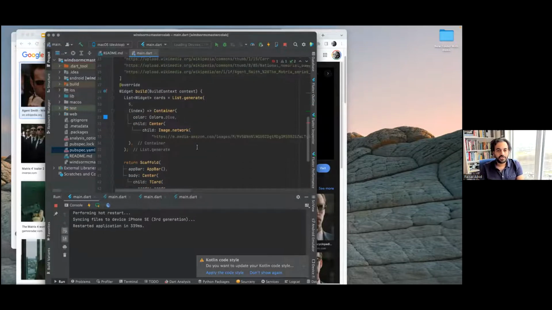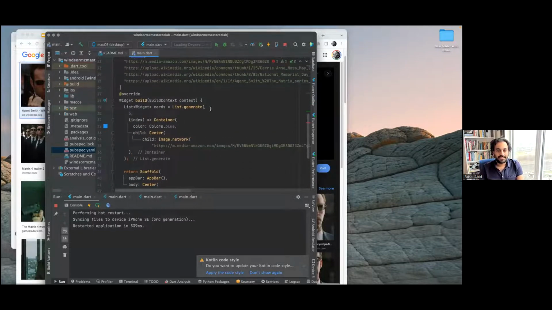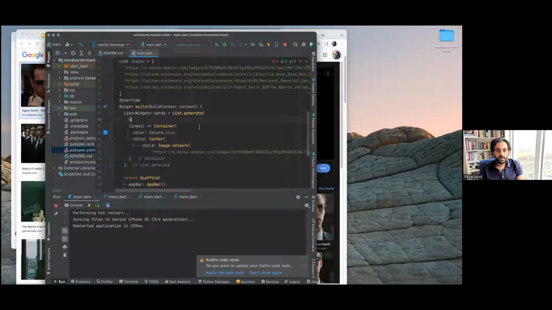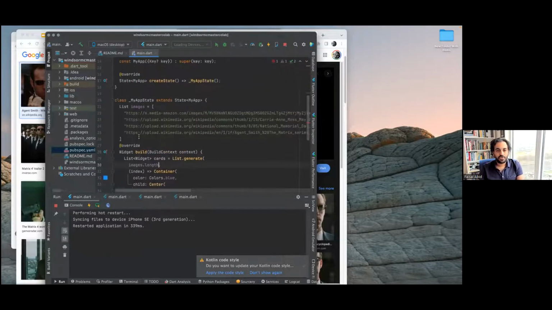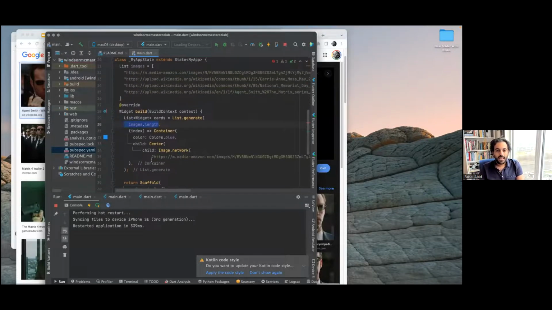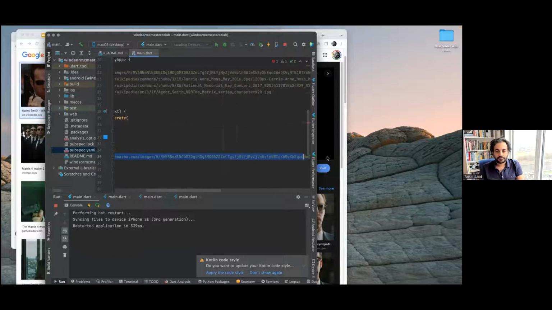So now I go to images, and what I want is List.generate. I want it to generate the amount of images we have. So we have 4 images, so it's going to generate 4 of these cards. And here,